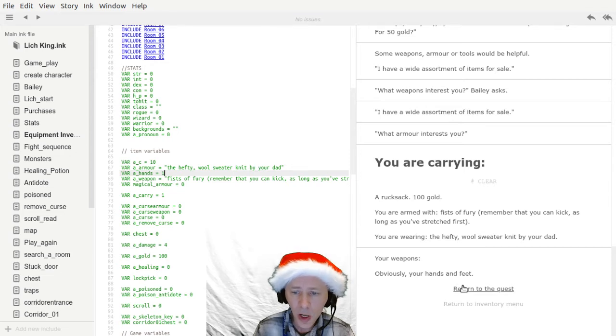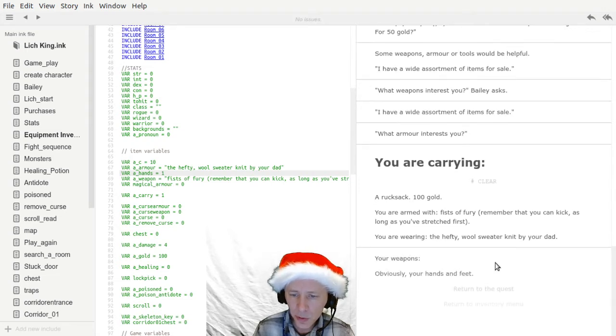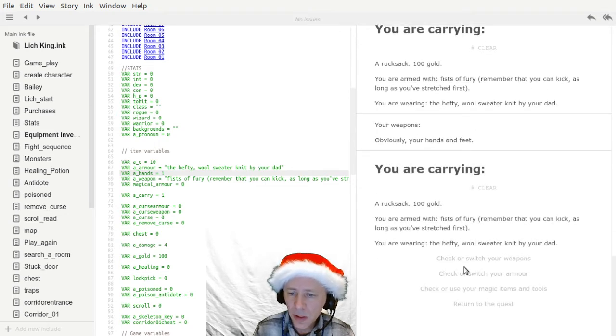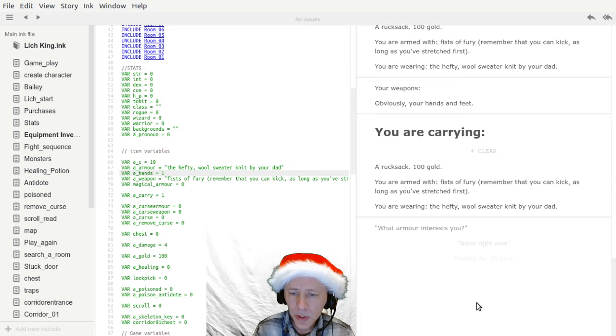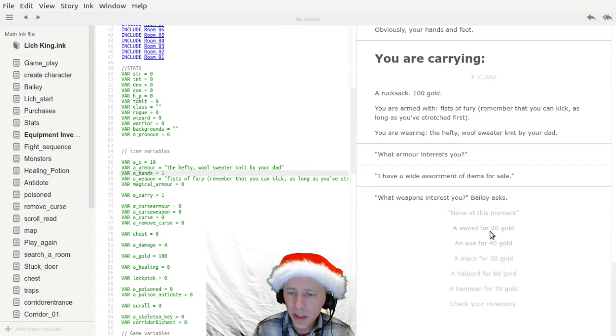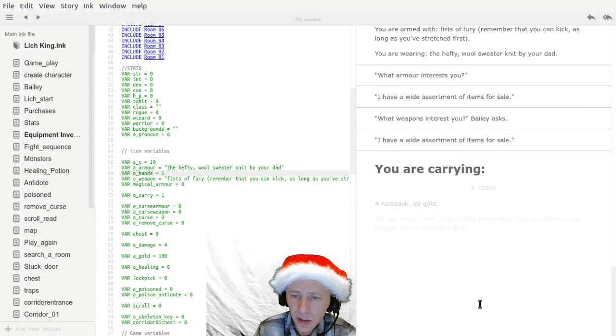There is no option to use your hands, but the sword disappeared too, so that kind of concerns me. Return to the quest, return to inventory menu, okay, return to quest, return to quest. No armor, I want weapons. Let's try that again. Sword for 20 gold, and then if I go to inventory,